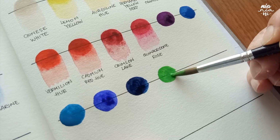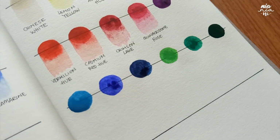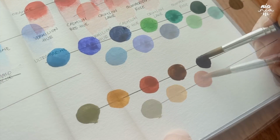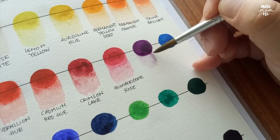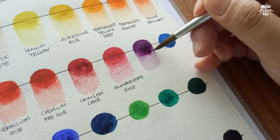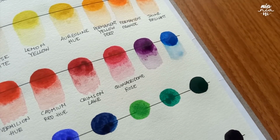I think these 24 colors is a really good base to learn about color choice and color mixing without having too many colors to pick from, because that can be very intimidating, especially if you're just starting out. Even now, the colors that I look for are the colors that are available from this set as my main colors that I use for paintings. Any other student grade watercolors that I got after the set was to basically get a fair idea of different